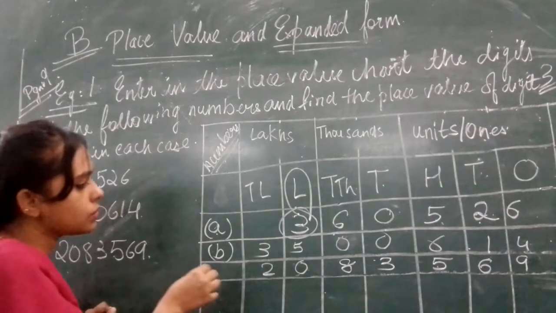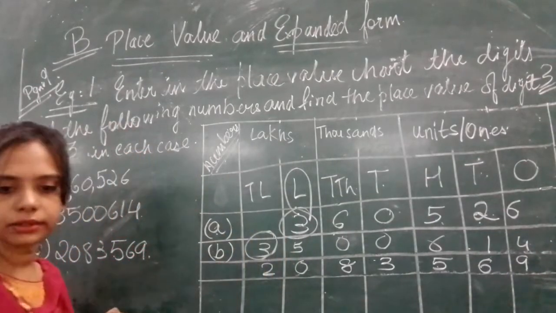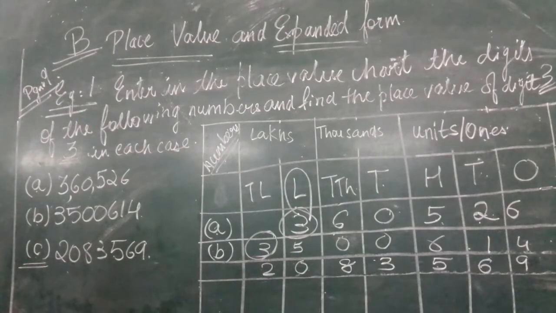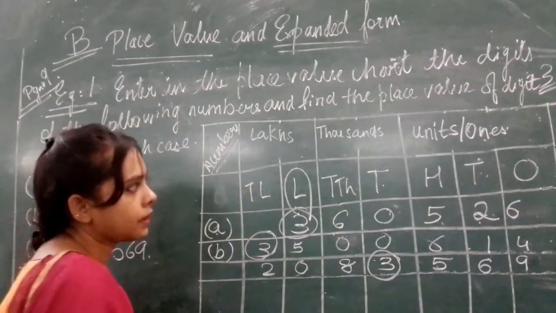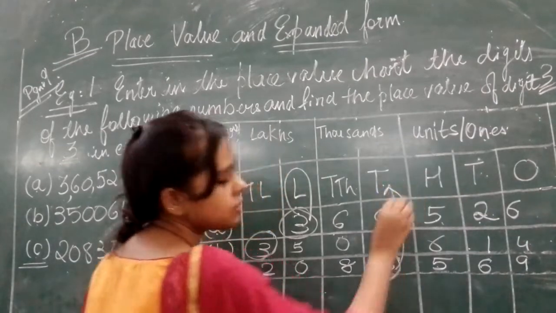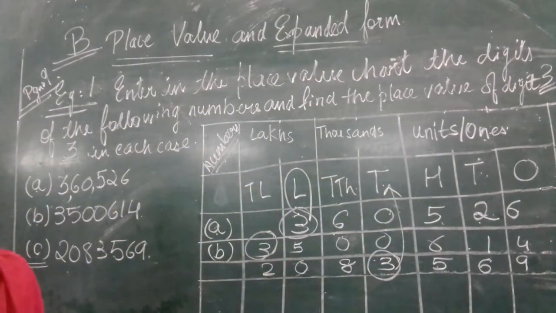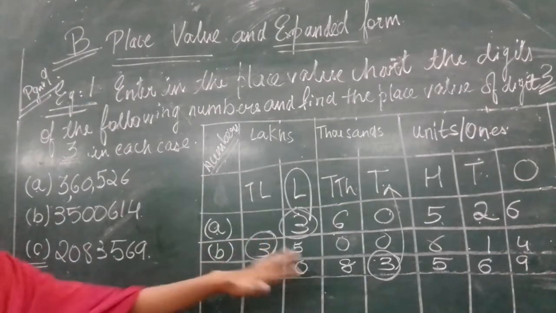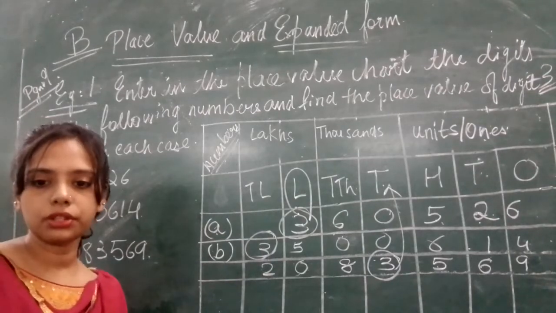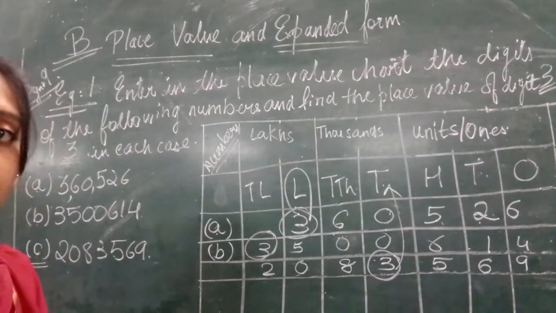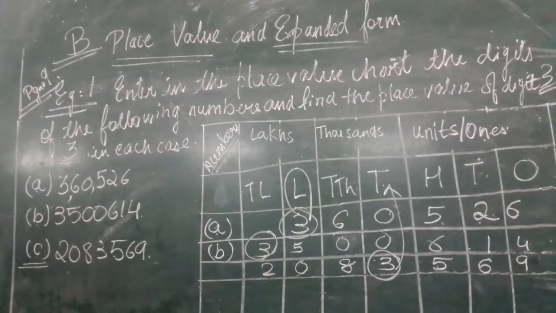Then here what can you see? It is in 10 lakhs. Yes. There are 3 tens of lakhs. Yes or no? Yes. This is 30 lakhs. And then you can find here another one. This is in 3,000. Yes or no? So now you will not circle it here, you will write it again. Okay. So I will erase this because the teacher doesn't have place here.